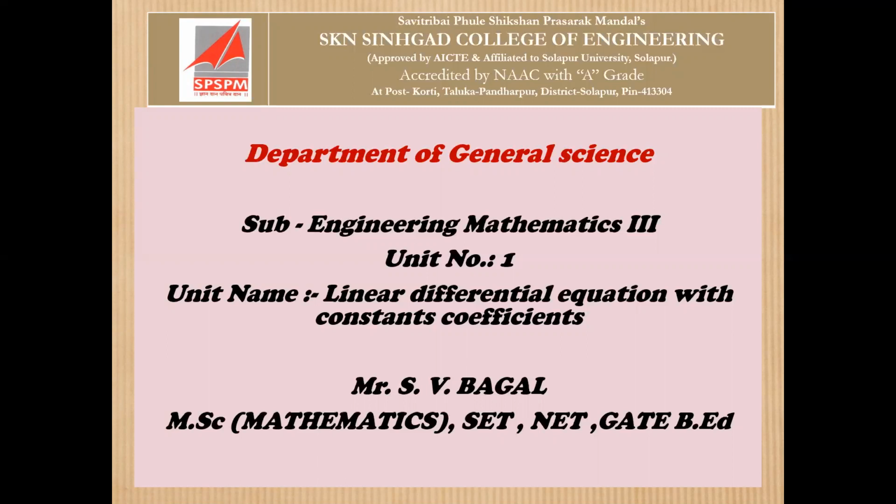If the complex conjugate roots are repeated, suppose alpha plus minus i beta is the complex conjugate root and repeated 2 times. That time we have to write the complementary function as e raised to alpha x, where alpha is the real part of that complex conjugate, into brackets c1 plus c2 x into cos beta x plus c3 plus c4 x into sin beta x. Okay. Now these are the cases for finding the complementary function of a given linear differential equation.